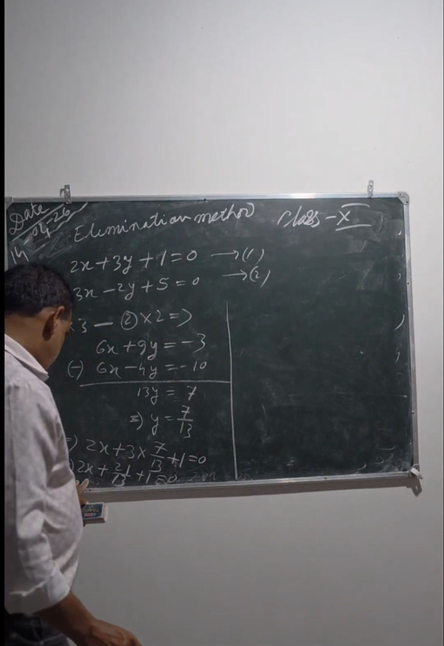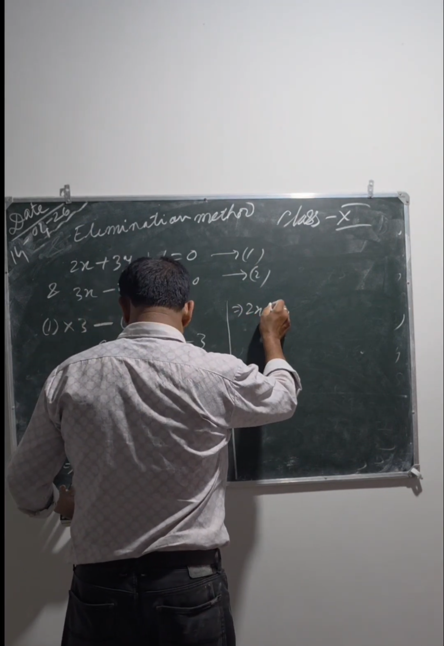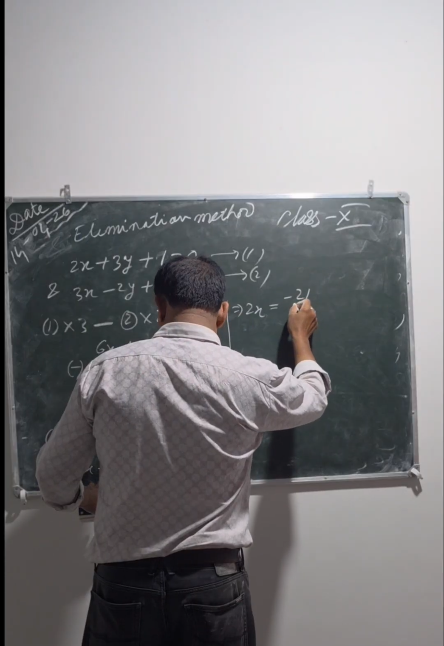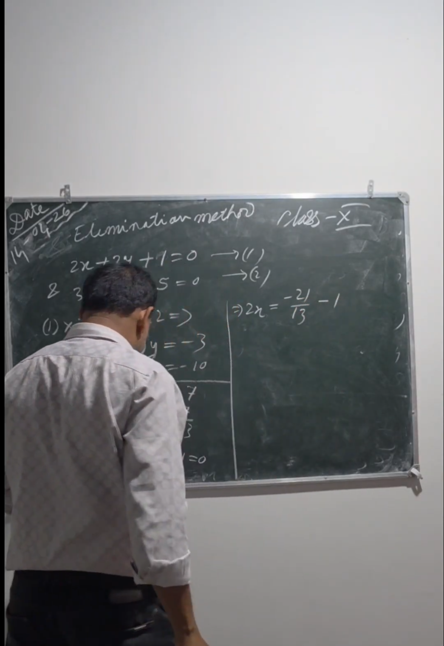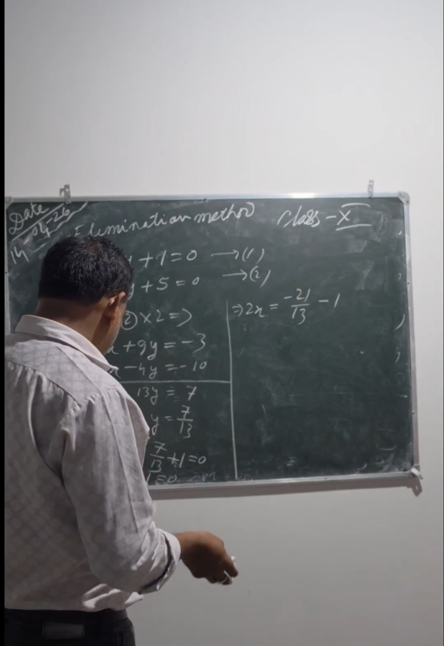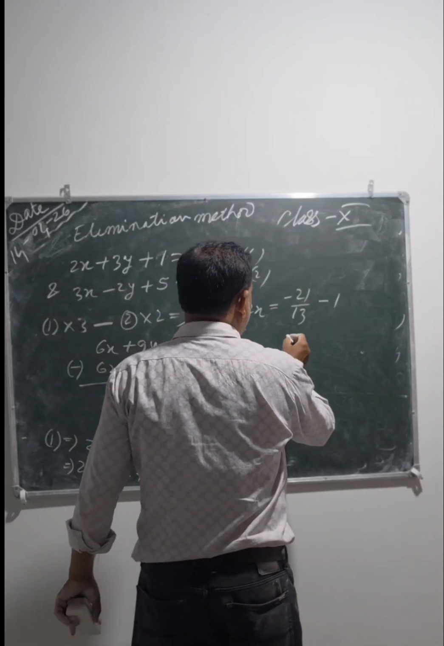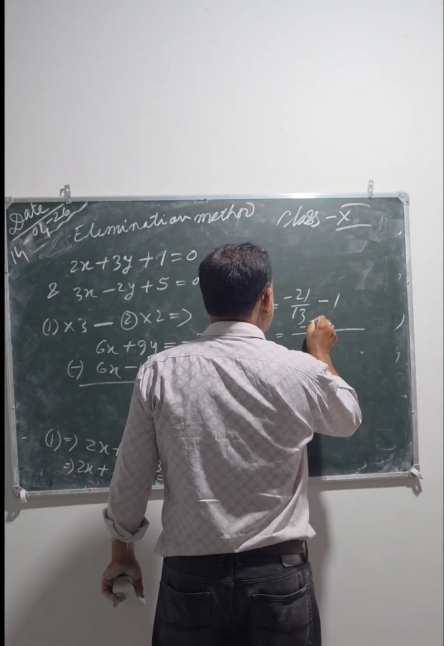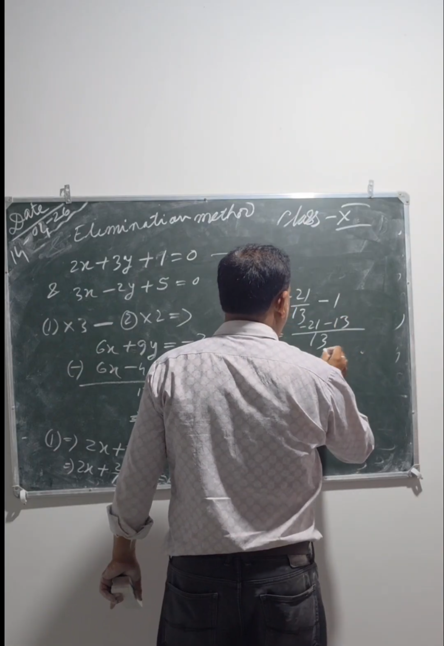Then the value of x will be, twice x equal to, on the right side, minus 21 divided by 13, and it is minus 1. This will be minus 1, it will be minus 21 by 13. So let us take the LCM now. LCM will be 13 here. It is 21, 13 ones are 13. So finally it will be